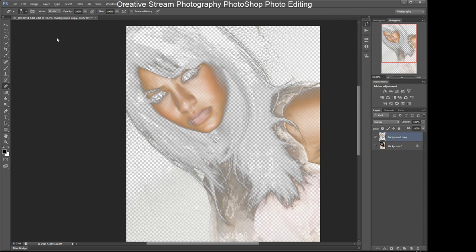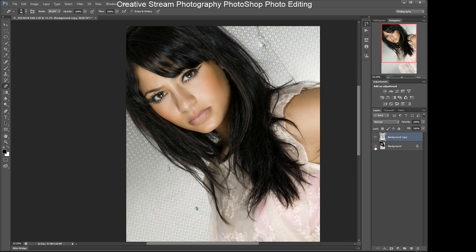Hardness, soft, soft round. And what you do then is you unselect your original photo,